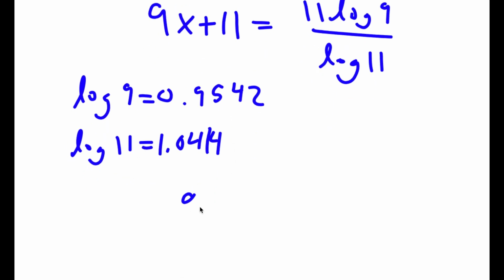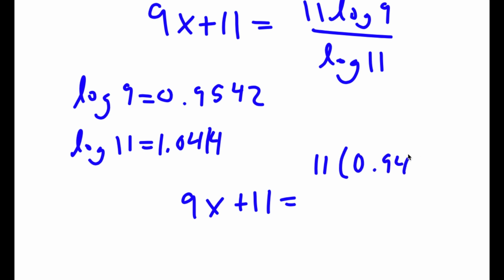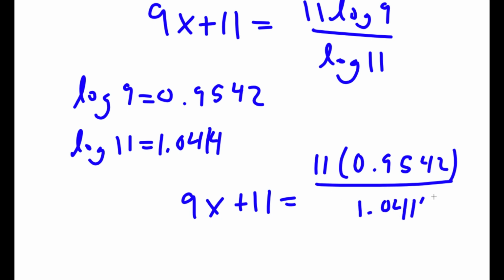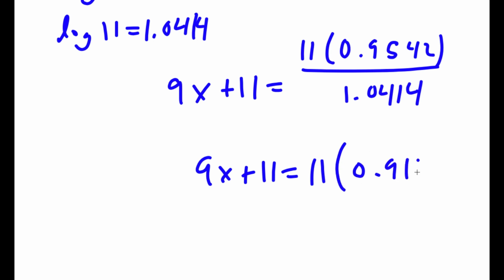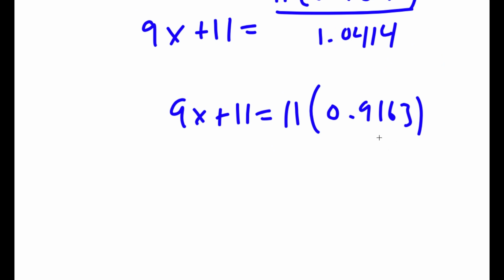So now I have 9x plus 11 is equal to 11 times 0.9542 over 1.0414. And this is the same thing as 11 times 0.9163, which is equal to